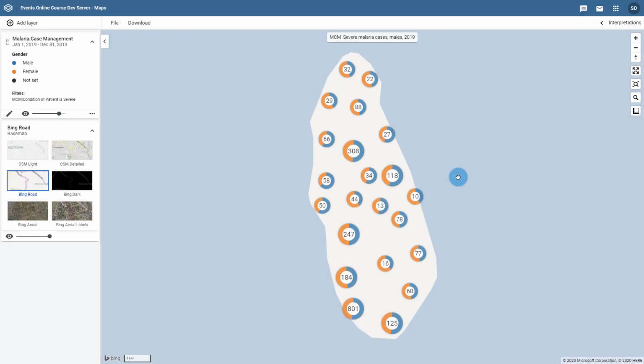The last improvement that we wanted to demonstrate was the addition of donut charts in the Maps app. Donut charts are applied to event-level data when you are using a data element in order to disaggregate your events. In this example, I am looking at the number of severe malaria cases disaggregated by the male and female option